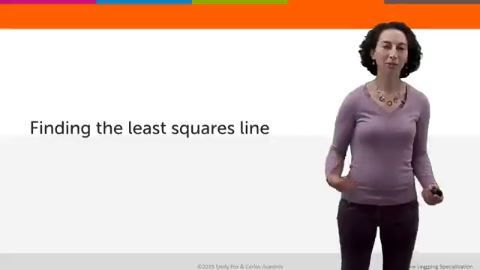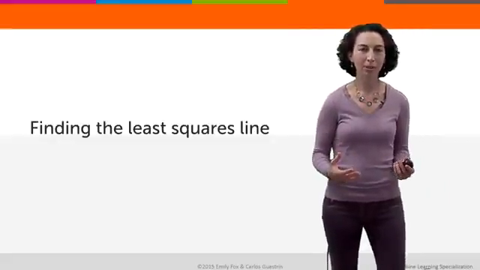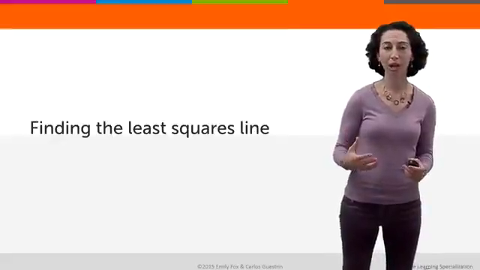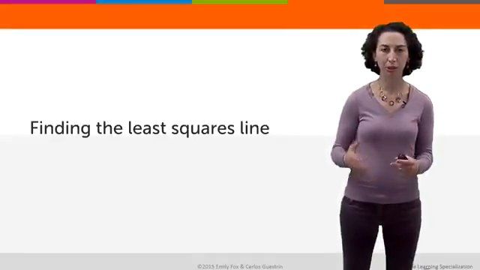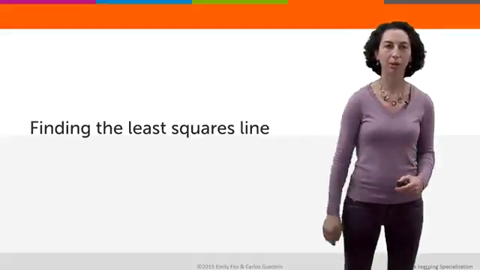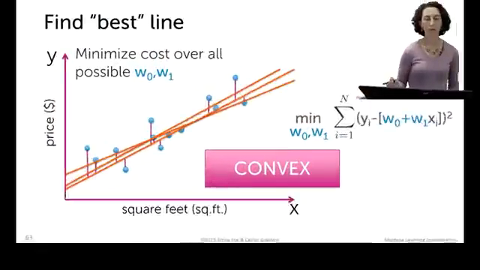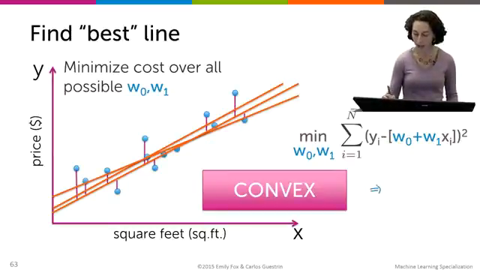Okay, so now that all of you are optimization experts, we can think about applying these optimization notions and optimization algorithms that we've described to our specific scenario of interest, which is searching over all possible lines and finding the line that best fits our data. The first thing that's important to mention is the fact that our objective is convex. You can go and show that this is a convex function, and what this implies is that the solution to this minimization problem